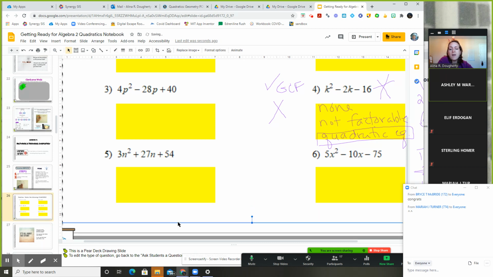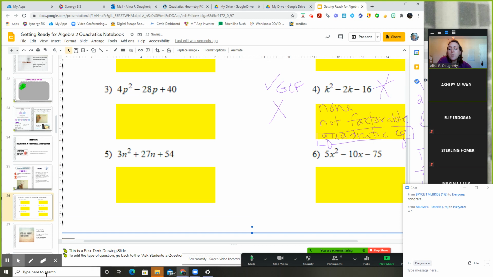Let's go to number 5. Only 2 more to go. It kind of makes me sad. What do I do first for number 5? And what is the greatest common factor? What can I take out of 3n squared, 27, and 54? 3 for sure. And when I divide all of those terms by 3 one at a time,